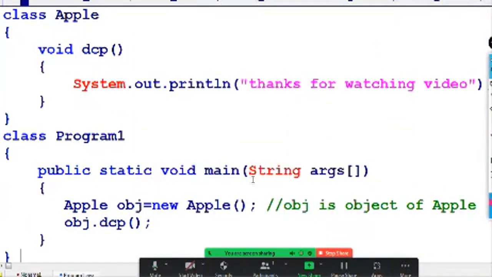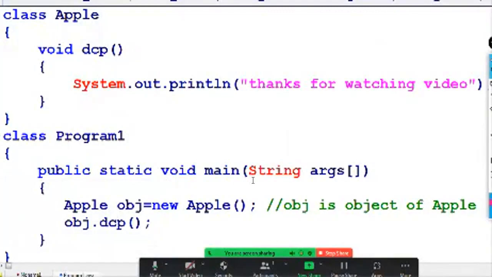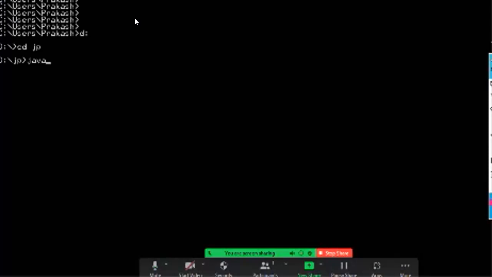Program1.java. Now open the command prompt by pressing Windows plus R. It will open a window; type CMD, and it will show this. Here I change the directory to JP, my working directory. It contains javac program1.java. Now, if there are no errors, it is compiled, showing the command prompt again. It denotes that the program does not contain any errors. Now I am executing java followed by the main method class name, program1.